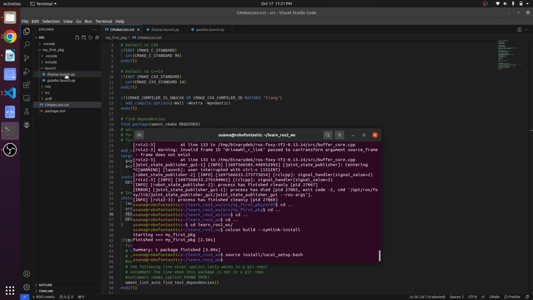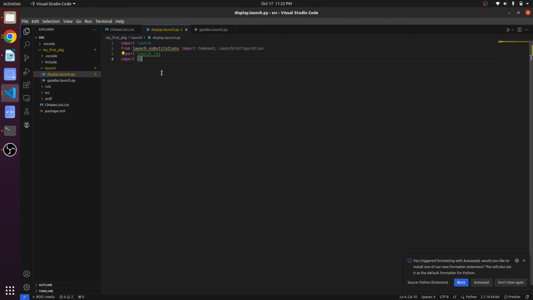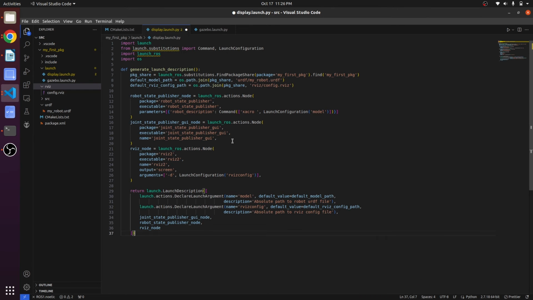Inside this display.launch, we have to add the code that will be launching our robot. For that we are going to import some libraries. These are some launch libraries that will be running our different nodes and will be launching RViz as well. So this is our function. We are going to save it, and this is the package location after building, and this line is finding the package, and in this line it is finding the URDF file, and the third line is finding the